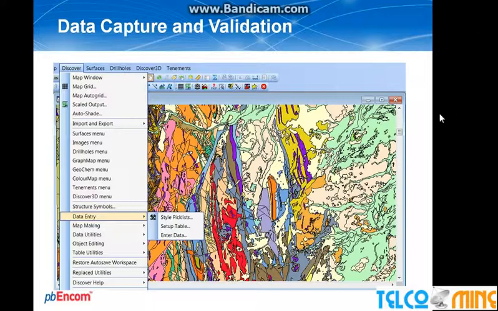Some of this data capture and validation that we were talking about. Now we've added some new functions into here. They have been in the software to some extent in the past, but they were a little bit more clunky. I was speaking to the product manager very recently, and they are discussing, they can't promise anything, but what they really want this to end up as, and these are the